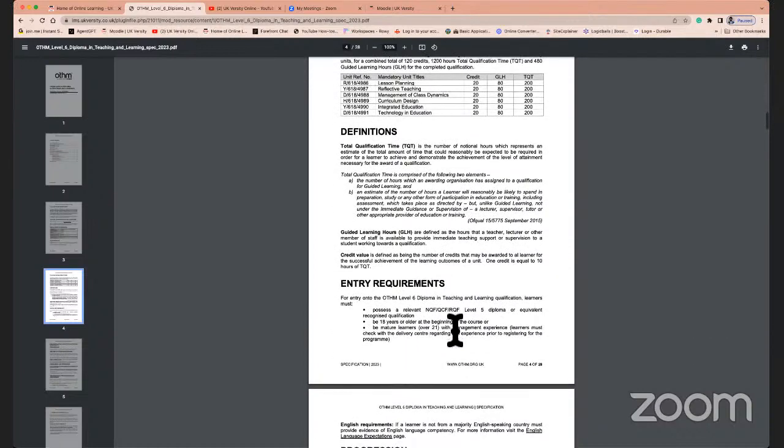Now, there is no way that you can complete a 1-year qualification in less than 4 months, because that is the minimum time period put in by Ofqual. Even if you're exceptionally brilliant, an Einstein in your own field, no problem with that, there is a certain restriction on completion which Ofqual and the awarding body put. So the earliest you can complete, if you are looking at fast tracking, would be at least 4 months, because most qualifications in the UK have now moved on to something called guided learning hours, GLH.